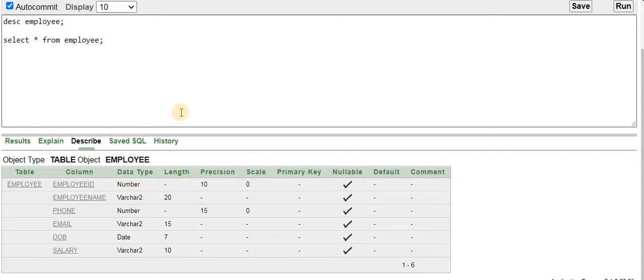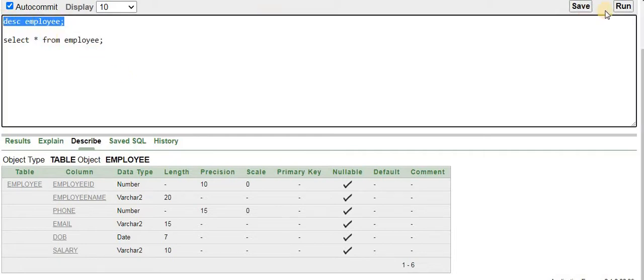How are we going to deal with these SQL operators? Let us go ahead and check that. You can find here that we have an employee table, which I already created. If I go under the description of this employee table, we can find it has an employee ID column, employee name column, phone column, email, date of birth, and salary column, and the corresponding data type is specified over here.